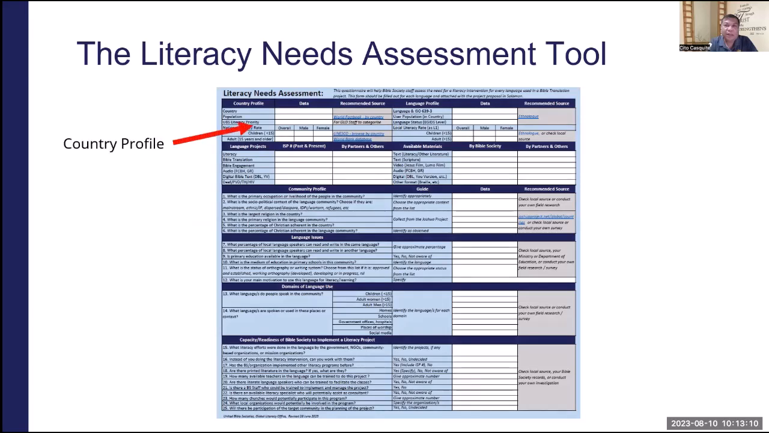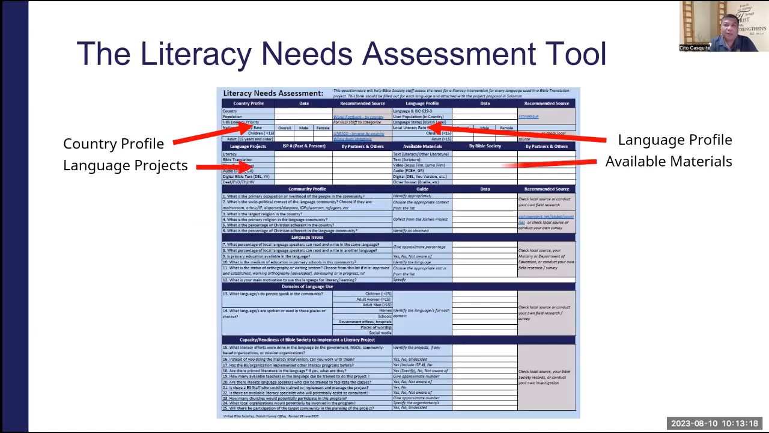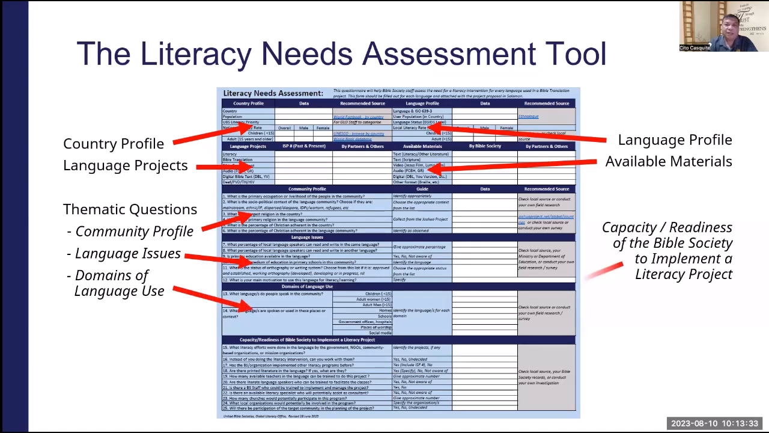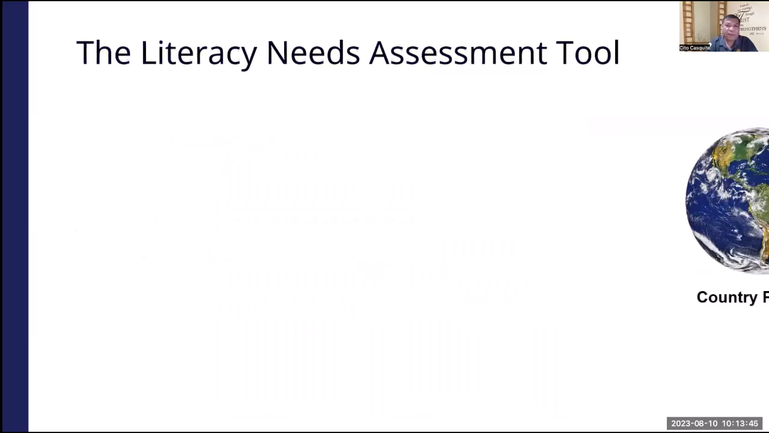The top part is asking about the profile of the country, and then we have the language profile, and then the different projects in the language and some of the available materials in the language. And then we have thematic questions dealing with the community, the profile of the community, the language used, as well as the domains of language use, and finally the capacity or the readiness of the Bible Society to implement a literacy project. And now let's look at these different sections one by one, beginning with the country profile,